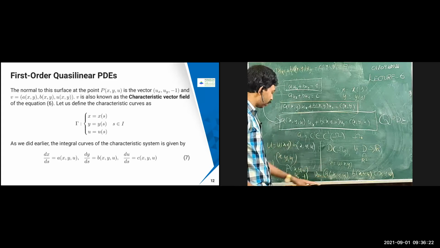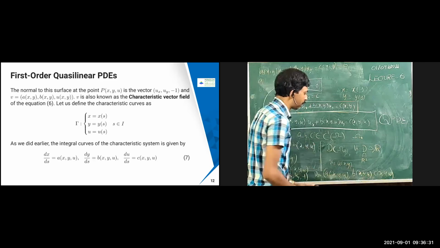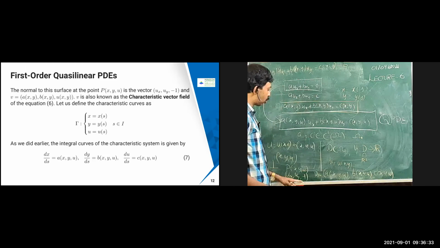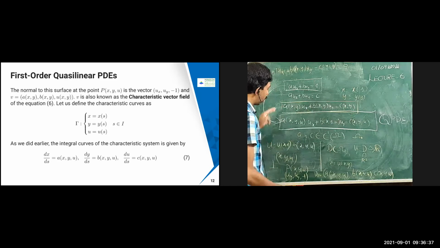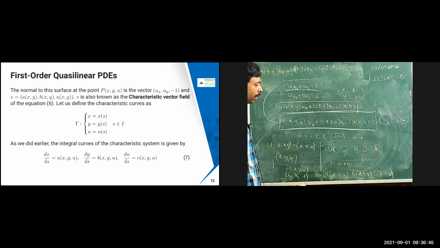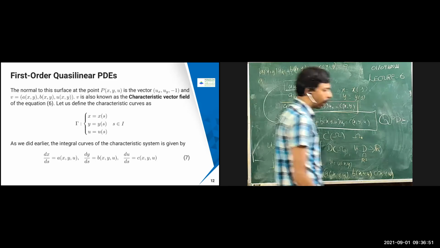If you take the same way, you just multiply here a into ux plus b into uy plus c into minus 1. That should become 0, and that becomes 0 automatically by this one. So you need to find it in such a way that this is satisfied. These two, the dot product, is going to become 0, and you have to find such a u. That is the idea. So you are going to get the same thing, obtained over here. That's what we are going to do. Now how are we going to find this one?